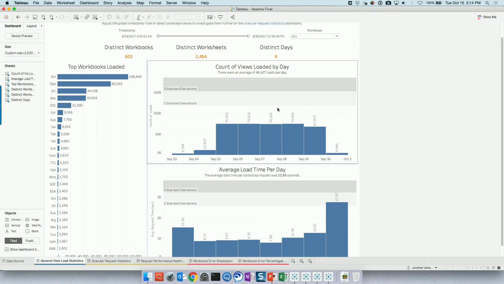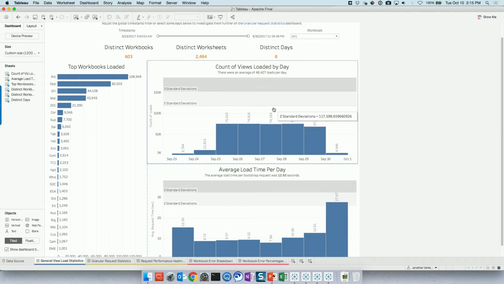And so I should preface by saying that this customer was running on a single node deployment, and they were very much overusing it. If you look here at their daily usage, they were loading 75,000 views a day. So that's a lot. But the nice side effect of this is it makes for a really good demo for all of you. So first of all, in this